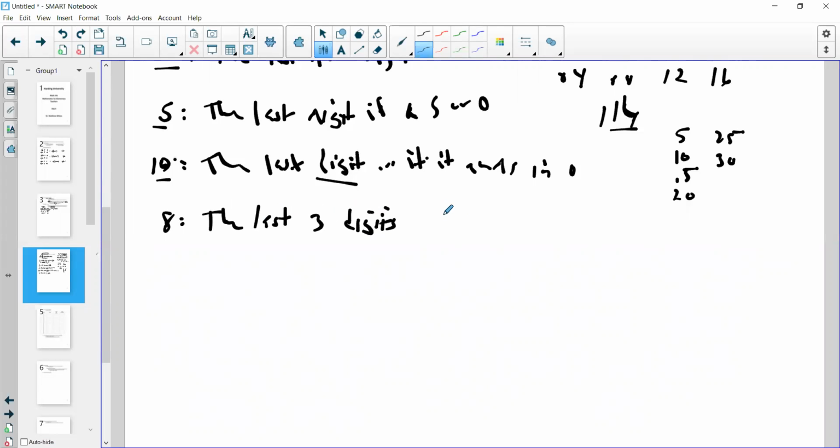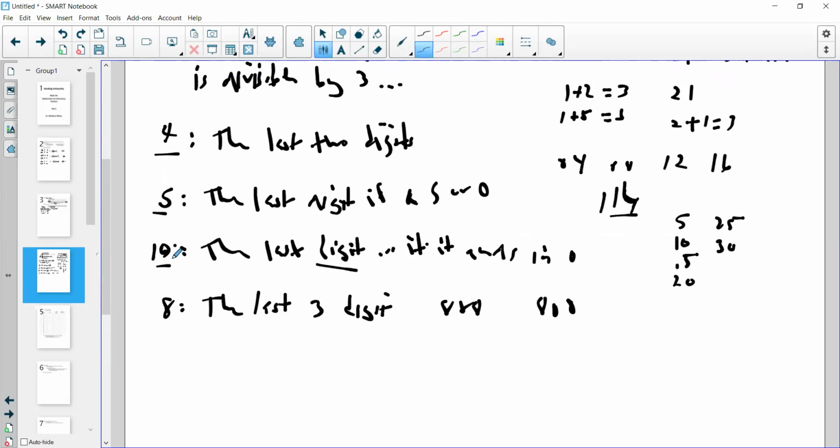And so if I had 188, 8 would divide 188 because it divides the last... that's going back to 4. If 888, we know 8 would divide 888 because it divides the last 3 digits. We know it divides 800 because it also divides the last 3 digits. So then we also have